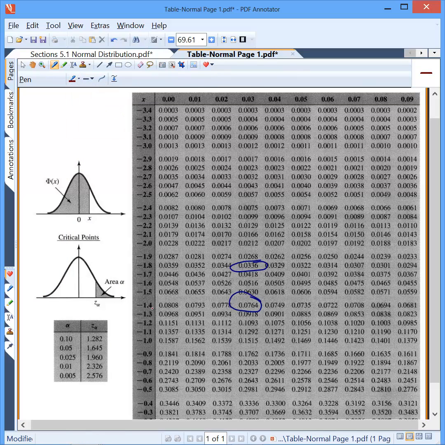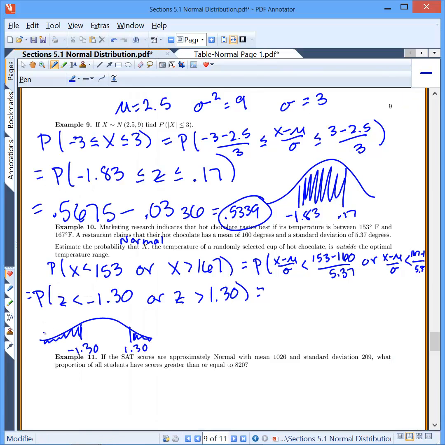So I'm looking for 1.30, so 0.0968. And then due to symmetry of the normal curve, if that area is 0.0968, then this area is also 0.0968. So my total area is 0.0968 plus 0.0968, which gives me